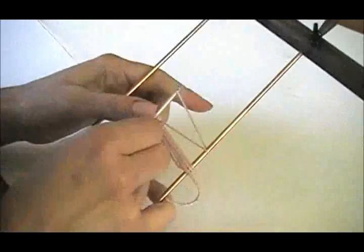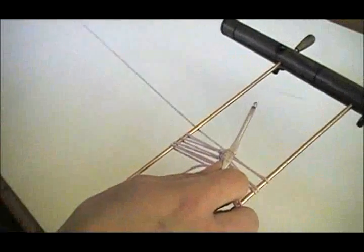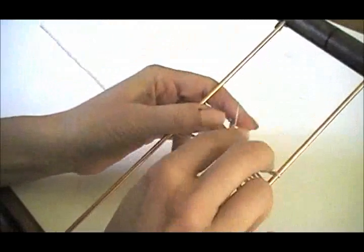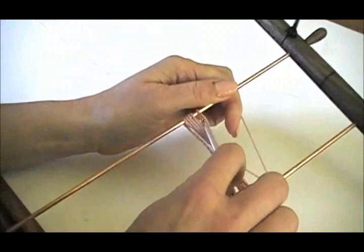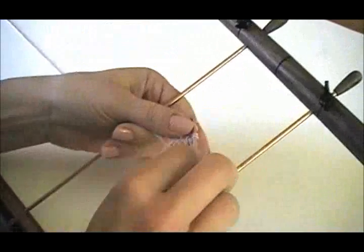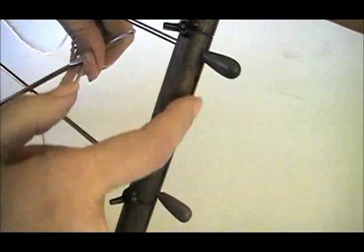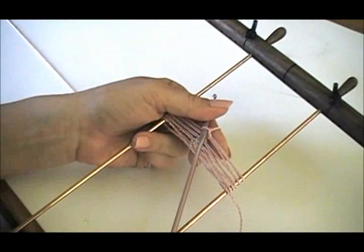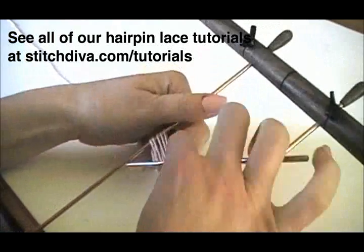For most of the designs you see in hairpin lace, strips are created just like I'm showing you here. This is the standard way to create a strip. Is it the only way to create a strip? No. There are some fascinating ways that you can create strips, but for most intents and purposes, when you purchase a pattern, for example, any of our patterns at StitchDiva.com, you purchase a hairpin lace pattern, it tells you to make a strip, it tells you to set the loom at a particular width by measuring at the top, the holes at the top. It'll tell you to create a strip of a particular gauge. Check out the tutorials on our website, StitchDiva.com/tutorials